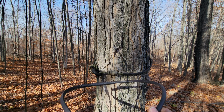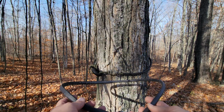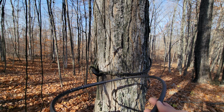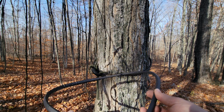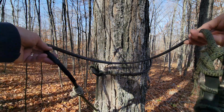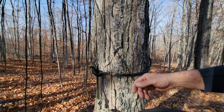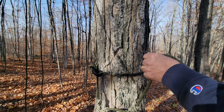And this allows the loop to be stiff and hold its shape, so it's easy to move up the tree. One of the biggest pains is when the rope starts getting snagged by the bark. So this allows it to keep its shape. It springs open, you slide it right up. So that's that. And again, this other end is just a repeat of the top,